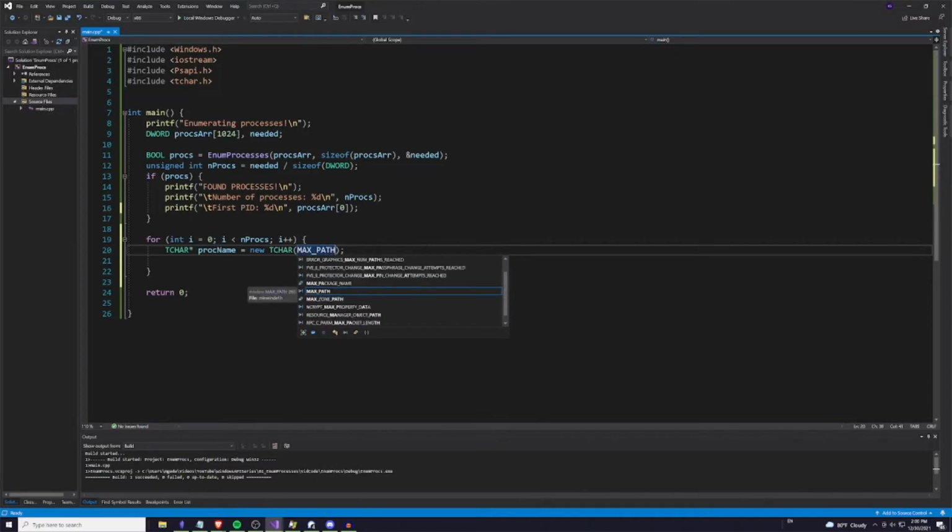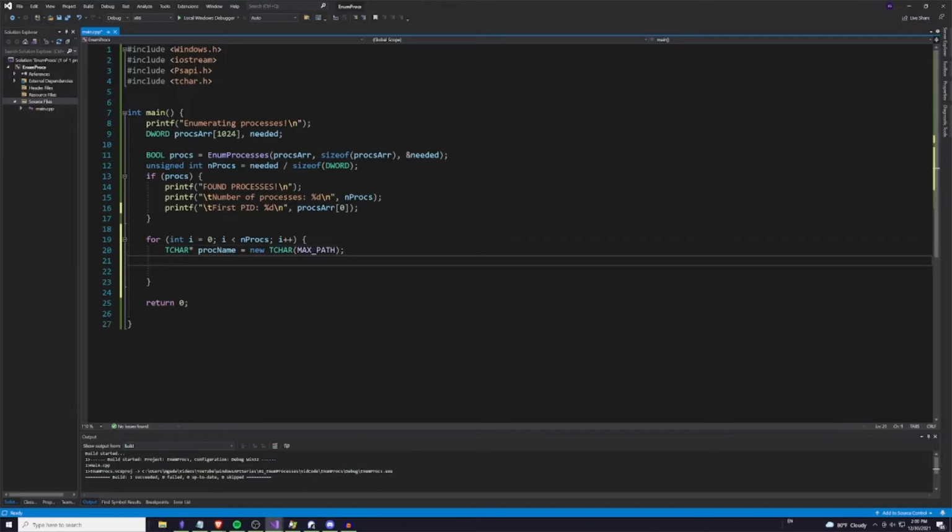Now, MAX_PATH is basically a variable that holds the maximum size that a path can be on your operating system. In this case, you can actually scroll over it and see that it's 260. So Windows, or at least my version of Windows, defines the maximum size that a path can be as being 260. So we're going to actually create our own function here in a second called getProcName,